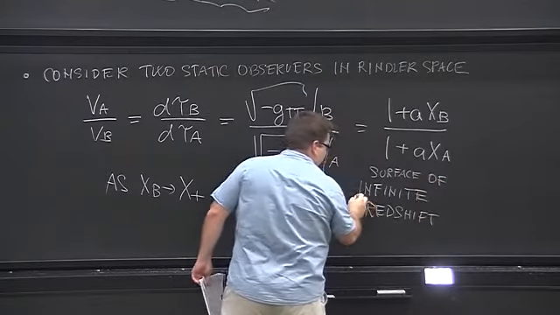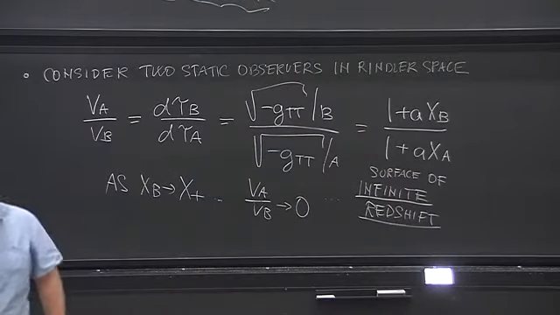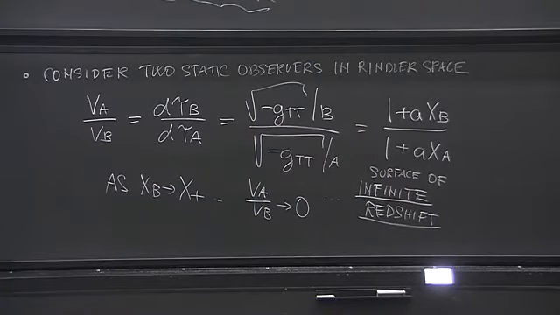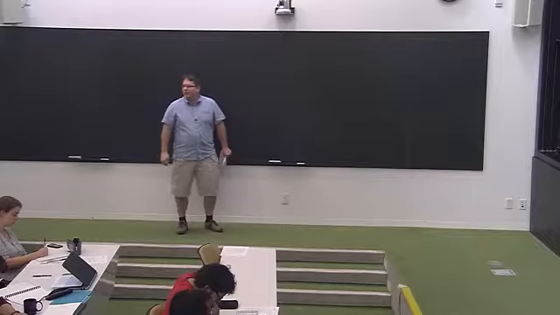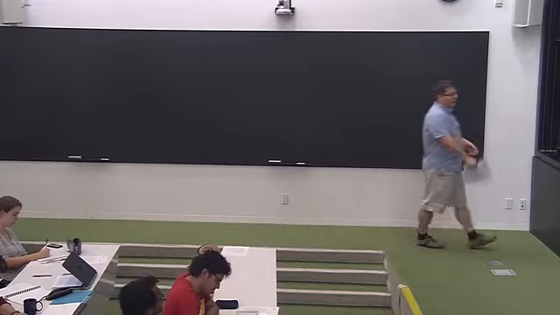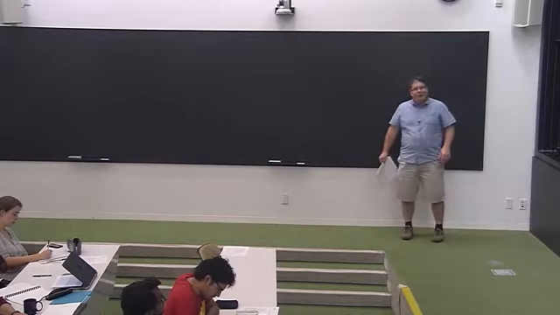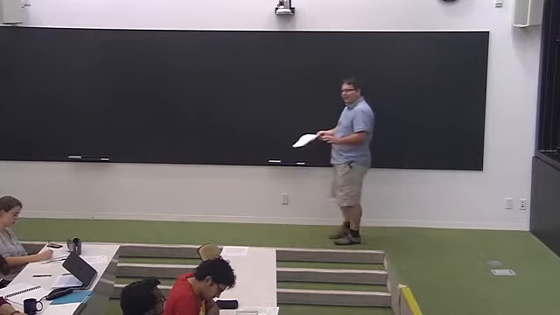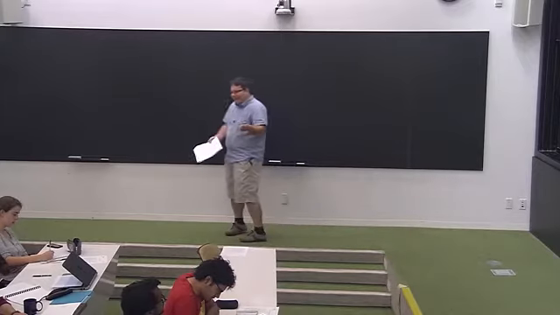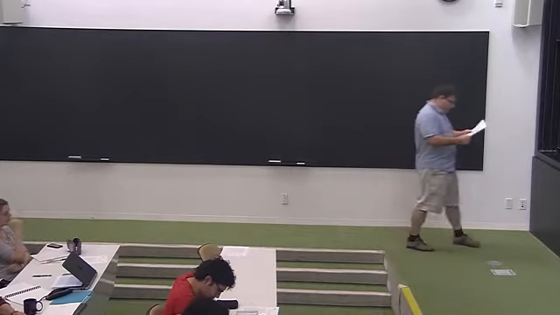Okay, surface of infinite redshift. So if I'm sitting on the horizon, I'm sending signals to anybody else in my Rindler space, they will not see it. It's just the frequency which they receive goes to 0. All right, so that's the first strange thing which is happening, right? Whatever I send from the horizon is just infinitely redshifted, it will never be seen.